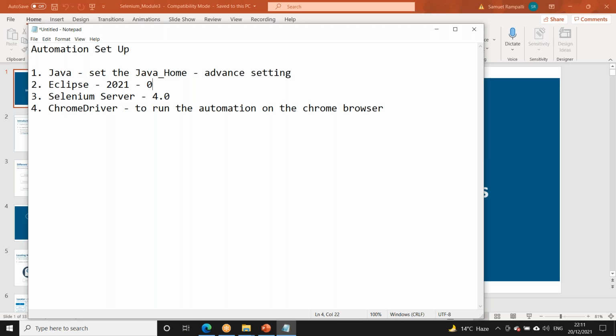2021 you get a 01 as well, so you can install that. Anything you take. 2021 12 is the latest version, 06 is there.